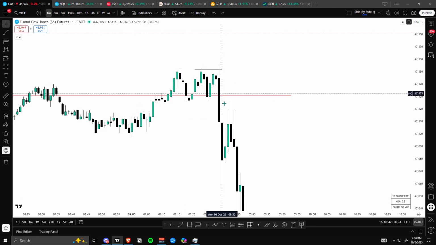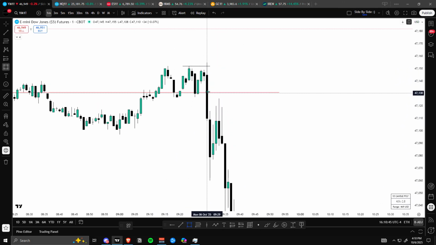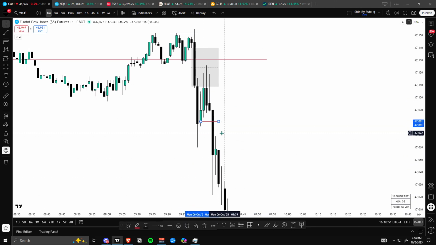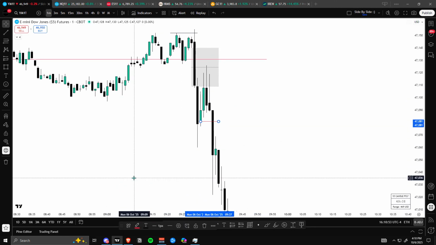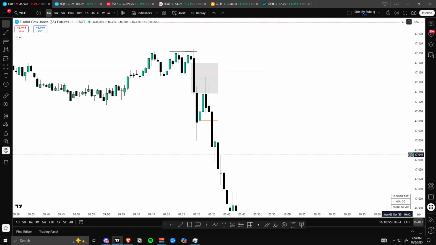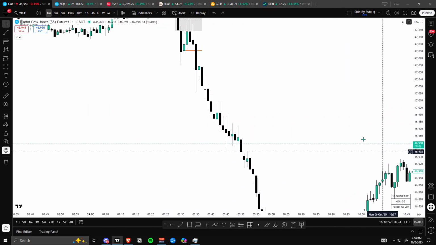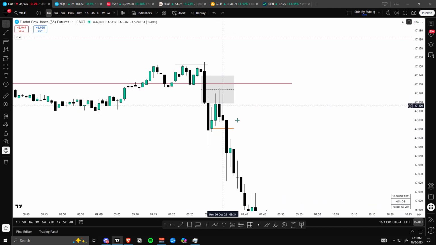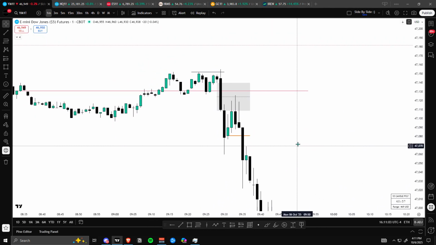And then 930 confirms what I'm looking for, and the continuation signature would have been either entering off of this FVG, or in this case, the 1 minute change in state of delivery, which we never got a retest of. So I had to let this go. I missed this. I was trying to short the weakest asset. That's normally what you always want to be doing. You'll have the least amount of drawdown and the cleanest moves. So I missed this. So what did I do?